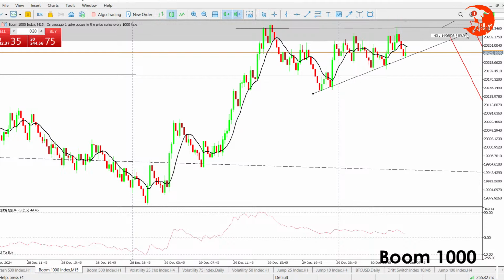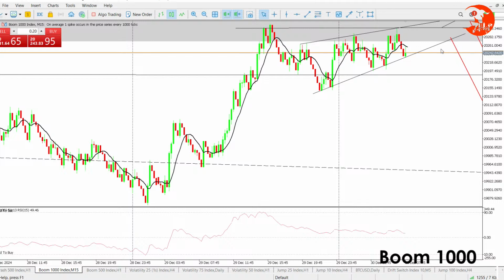A confirmation that we can wait for. Now on M15, something of this kind is also another confirmation of why we are to sell. That is a rising wedge. So clearly, price is still playing within that range, within this rising wedge. So if we know that for sure, then we clearly understand that this on M15 is another confirmation of the